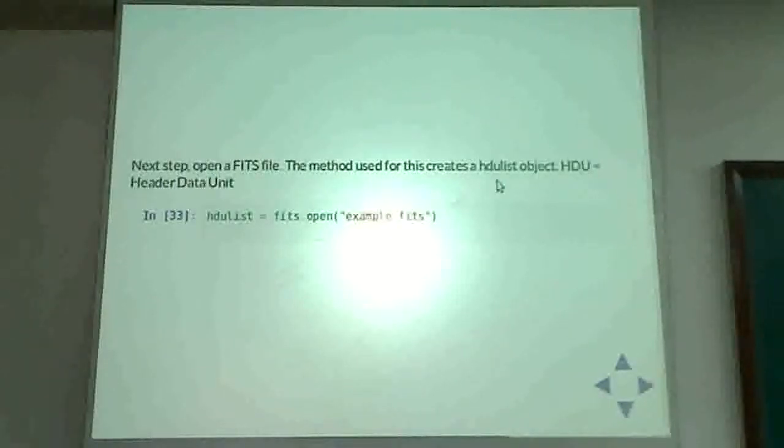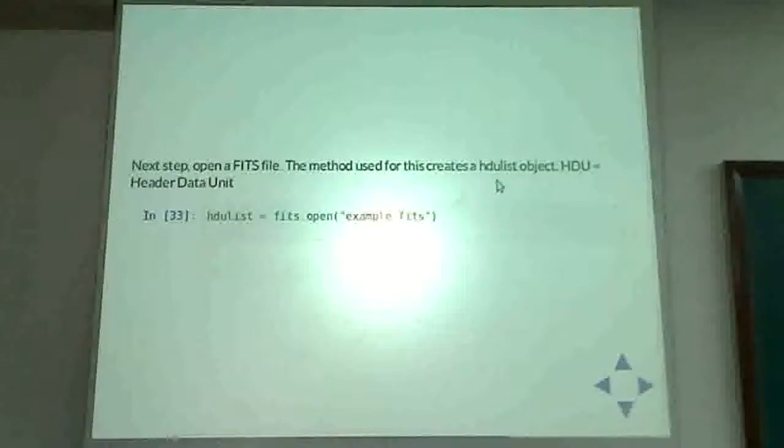There is an extension, there is a header which describes that array. What are the units? What are the header keywords which describe the solution for laying a world coordinate system on top of the image, and so on. So again, a FITS file is made of extensions. Each extension can have a header and a data part. So HDU refers to header data unit. So it refers to a single extension in the FITS file. So when you say fits.open followed by the name of a file, it creates a list of all the extensions that are found in that FITS file.